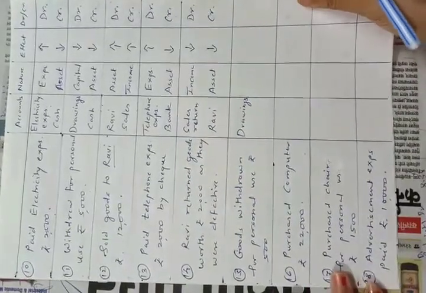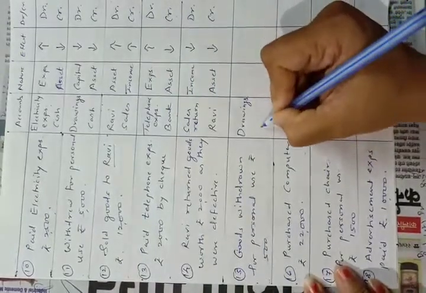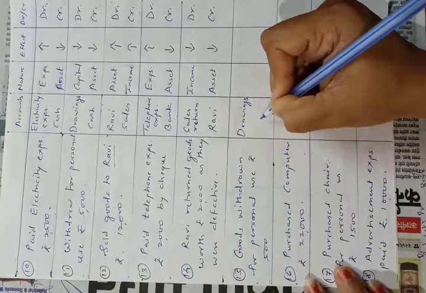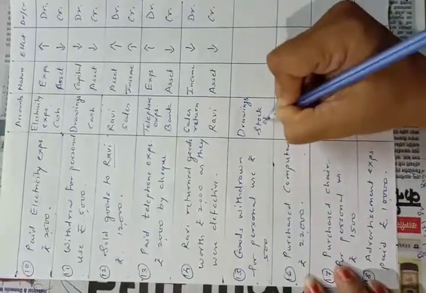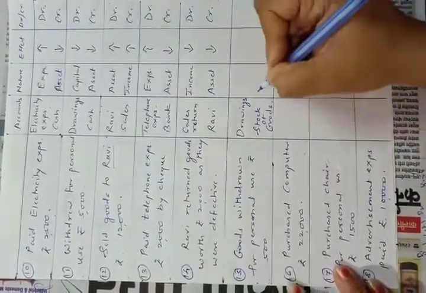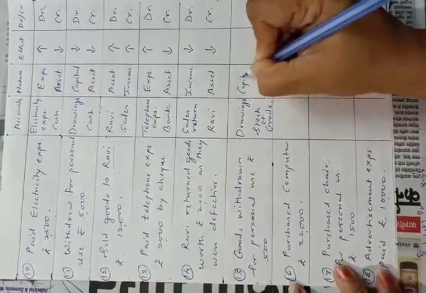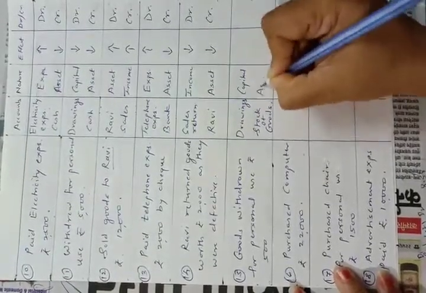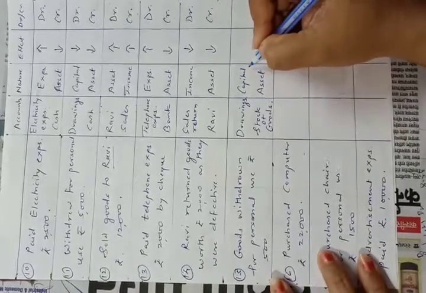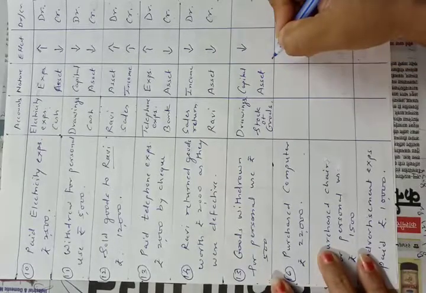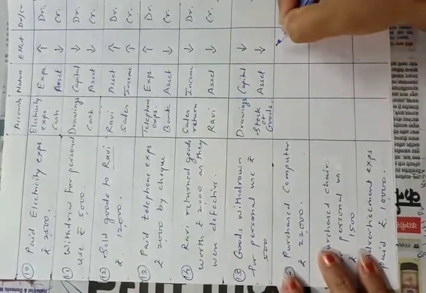Okay. When we purchase goods, we will keep it in stock, so we can also say as stock account. So here drawings account and stock account, or drawings account and purchases account. See, if we say stock account, that is stock of goods. Drawings is related to capital account and stock of goods is our asset. Here, as he is withdrawing goods for personal use, our capital will reduce and our asset will also reduce. Okay.